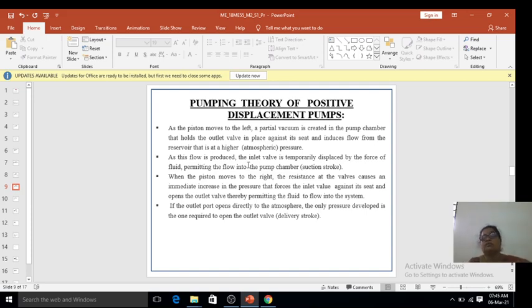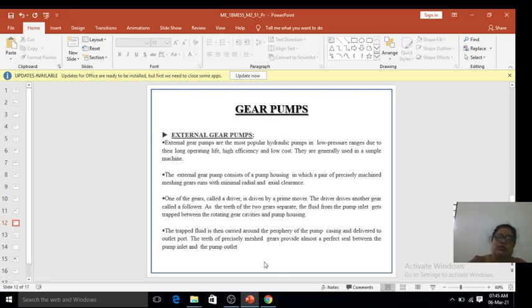As I told, in the case of a single acting cylinder, the fluid is sucked in due to the pressurized oil, and the return stroke is due to the gravity force, whereas in the double acting cylinder, the extension and retraction, that is movement of the piston from rod end to cap end and cap end to rod end, will take place with the help of a highly pressurized fluid.